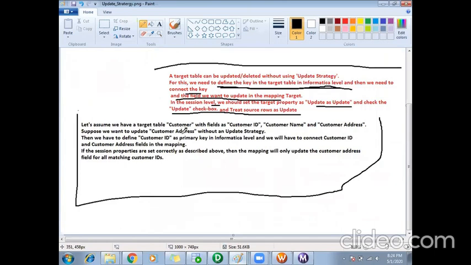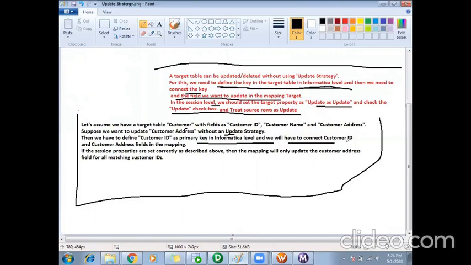Assume the customer details were already in the table. Now his address has changed, so I want to update his new address in my target table. And this has to be done without an update strategy transformation. How can you do it? We can define customer ID as primary key at the Informatica level in the target.